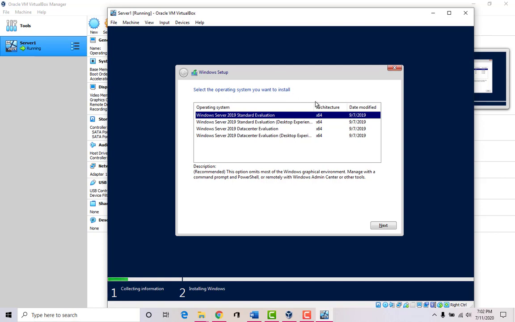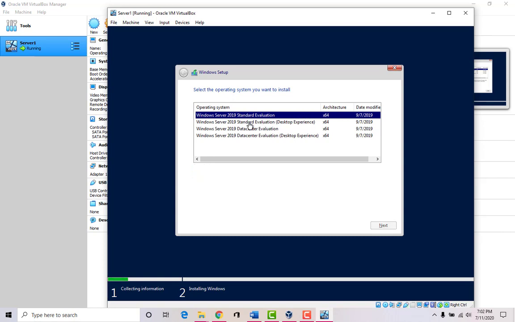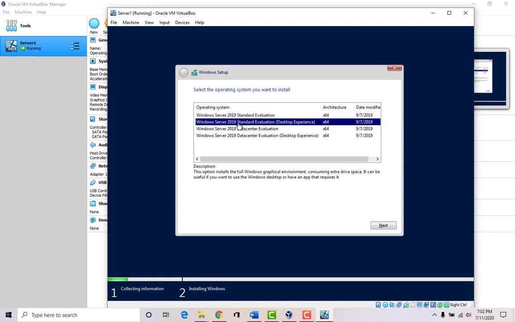And this is the part that you need to pay attention to, because we need to make sure that we install this one, the Windows Server 2019 Standard Evaluation Desktop Experience. If you install the top one, it's going to be like a Linux machine. There is no graphical interface. You have to do everything by command prompt. If you want the nice graphics to manage the server, which we do, then we pick the desktop experience.